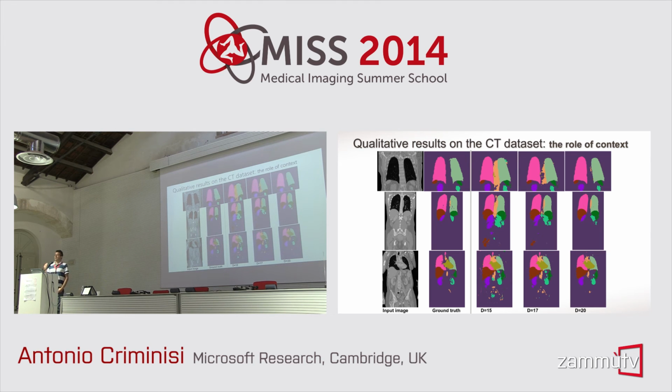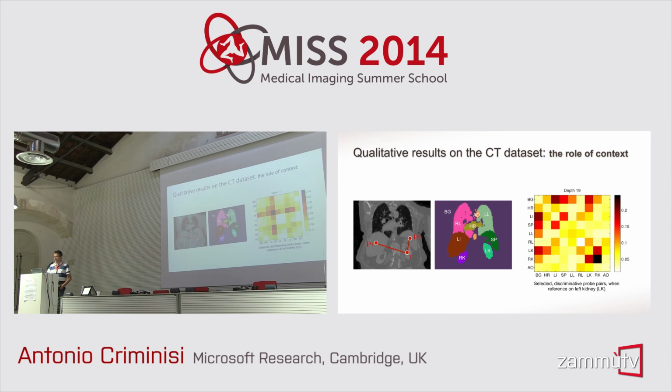To my knowledge, this is the first time I see a system which is capable of modeling and capturing semantic context, but is also able to remove it when it's actually hindering you rather than helping you. In this case, it does the same thing. It starts off with everything being aorta, and then it removes it until it keeps just the region where the aorta truly is. And similar here. So this is a good result.